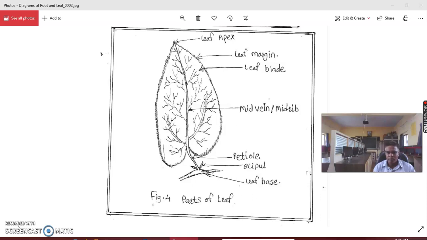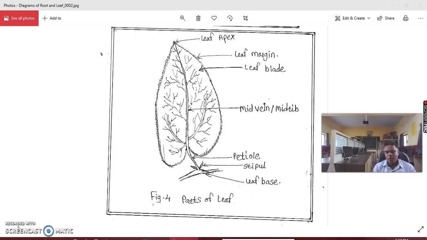And chlorophyll is the main constituent which takes a major role in photosynthesis of leaves. Then we study the second function, interchange of gases. Through the lower surface of the leaf, regular exchange of gases takes place, like oxygen and carbon dioxide, between the atmosphere and the plant body.